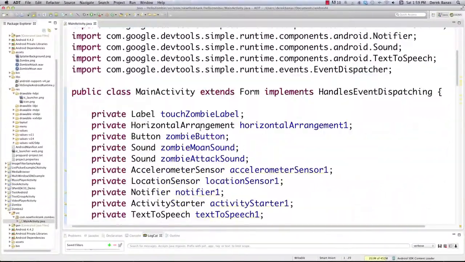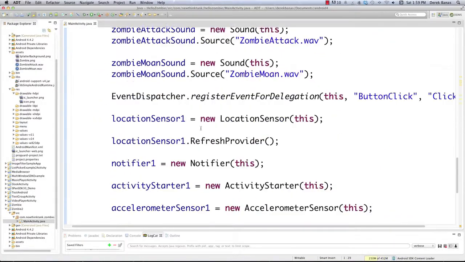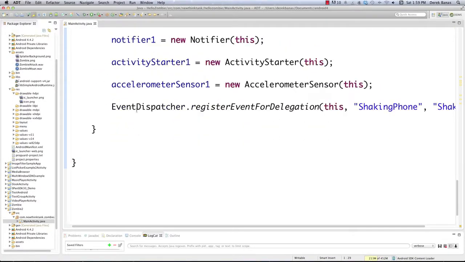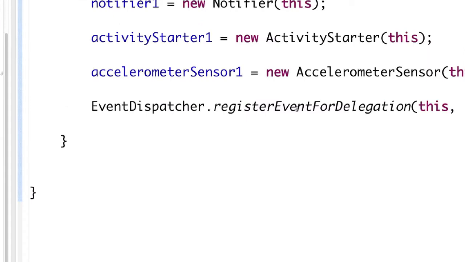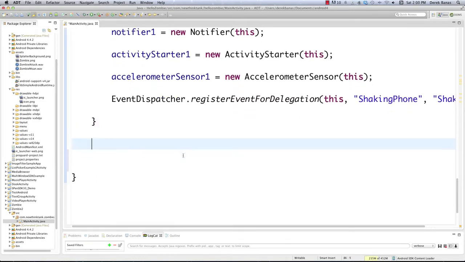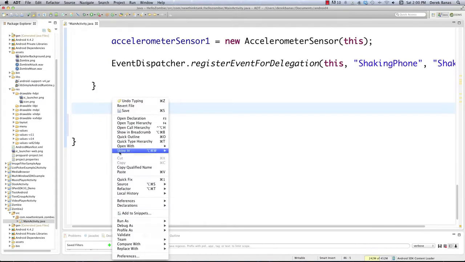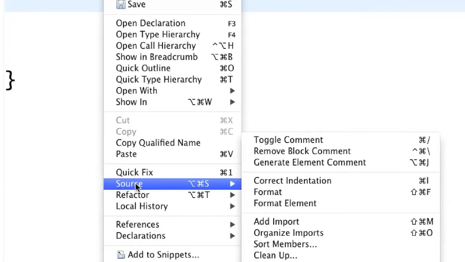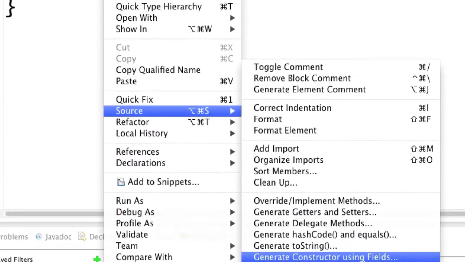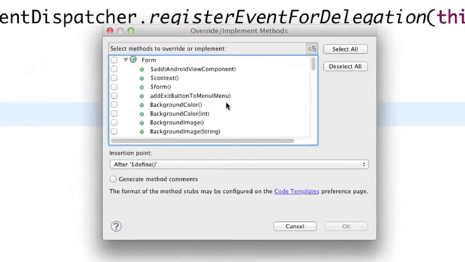Okay, so here I am inside of Eclipse, and basically what we're going to need to do here is come in and make this thing right here work. Event dispatcher. We are going to have to create a method or a function called dispatch event that's going to handle all of these events for us. And this is actually pretty easy to set up. All we're going to do is right click inside of the little window and then go to source, and then we're going to go to override implement methods and click on that,